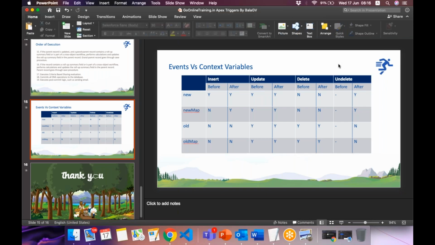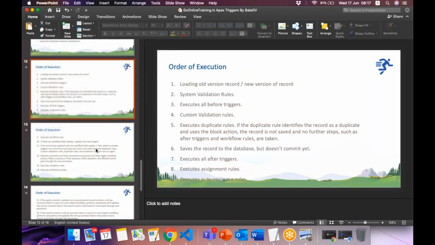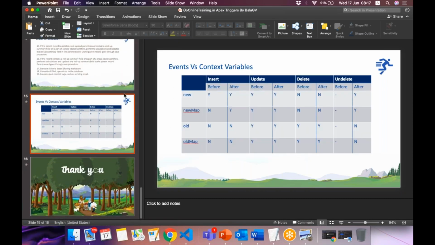If you remember, we debugged all the 7 events and we have seen, but to have a better view, I came up with this table. So keep this table. This is very important. So this is about order of execution and the events versus context variables.